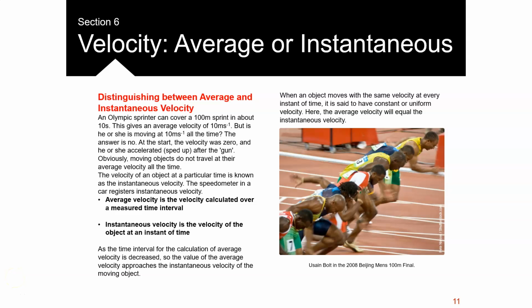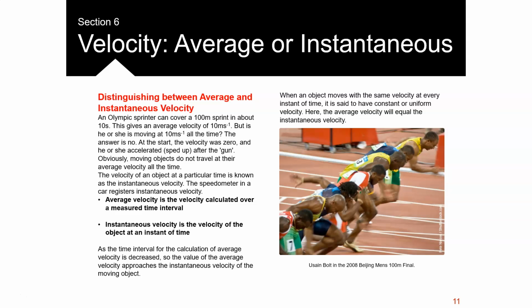Start off by looking at the difference between average and instantaneous velocity. Now, to compare the two, we might take the example of a sprinter who runs a 100-meter sprint, and we know over the time of their sprint the speed or velocity they'll be running at will vary. We know at the start of the run the velocity was 0, and eventually they accelerated until they